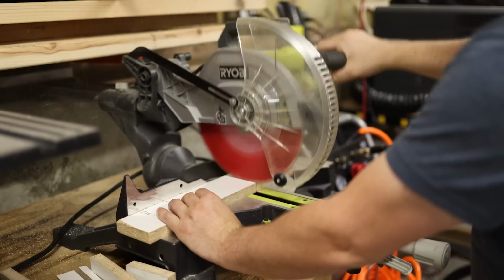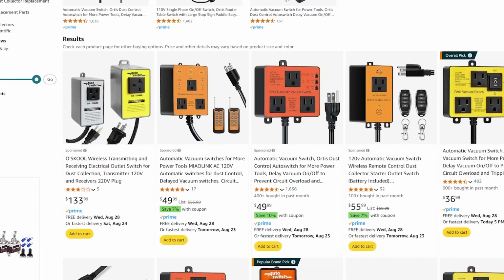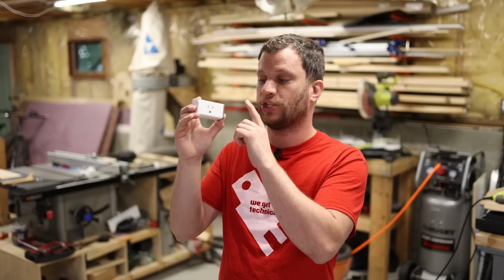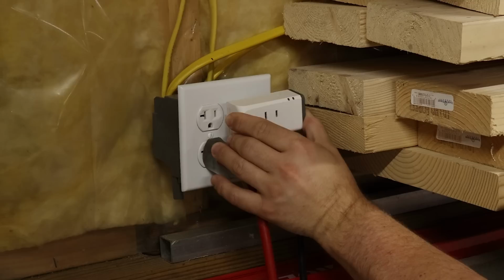I need a way to automatically turn on this dust collection system anytime I use the woodworking tools here in my workshop. But all of the existing solutions I found were too expensive and not customizable. I really don't want to spend $50 or $60 on something that doesn't work the way I want it to. So let's see if I can find a way to use these $8 smart switches to turn on my dust